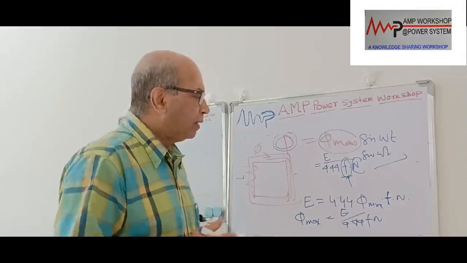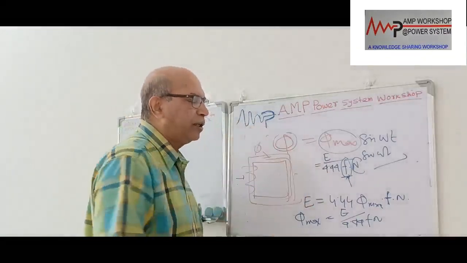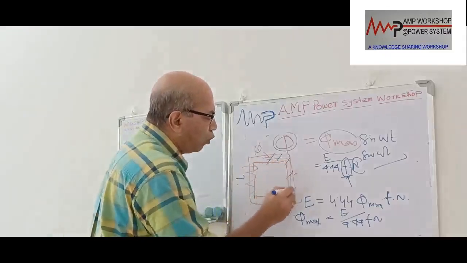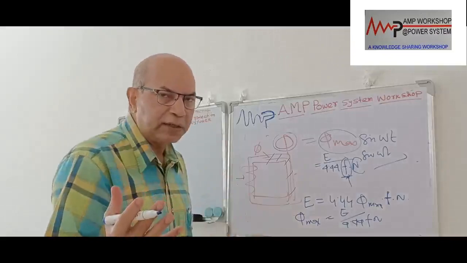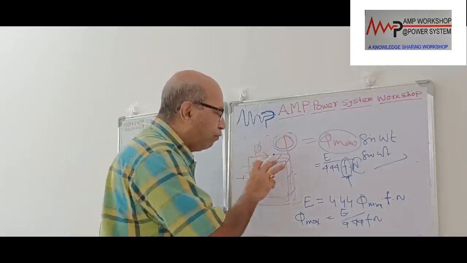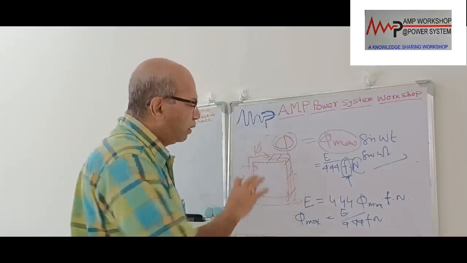So when a transformer is operating at a high voltage, that will also give high flux. That is number one. Then if it is operating at reduced frequency, that will also increase the flux. In that case, what will happen? This core will be operating at a very high flux density level and the core will get fully saturated. If the core is getting fully saturated, then what will happen? The core will be overheated.